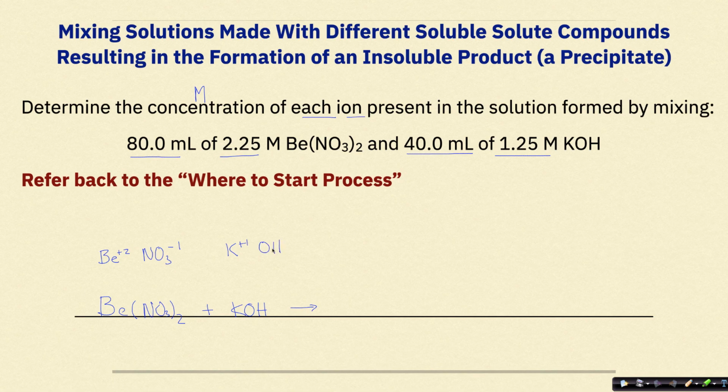and OH-1. So now what I'm looking at here in a double replacement reaction is that the Be and the OH are going to come together to form a product, and the K and the NO3 are going to come together to form a product. So if I write these new formulas over on the product side, and it doesn't matter which order you put them in, I'm going to write KNO3 first, plus, and then I'm going to take the Be+2 and the OH-1, and I'm going to cross them down, and I'm going to get Be(OH)